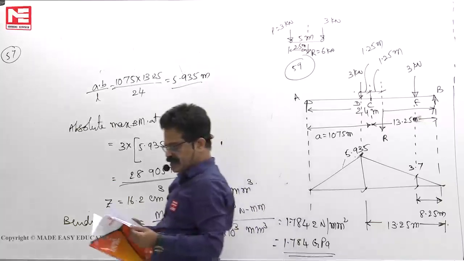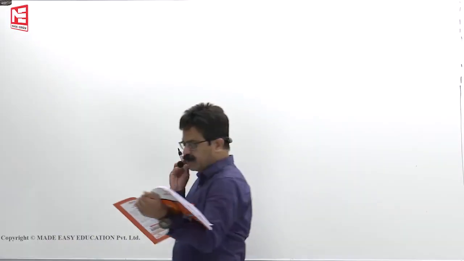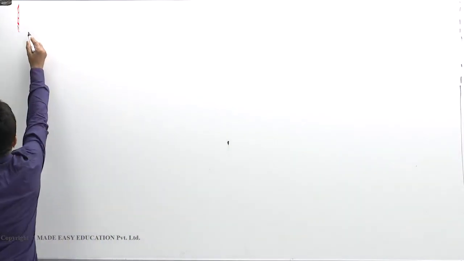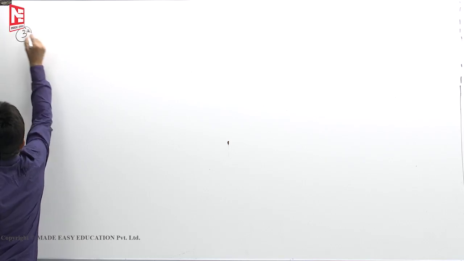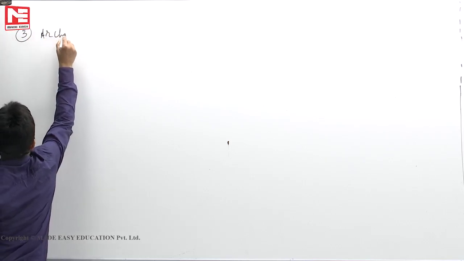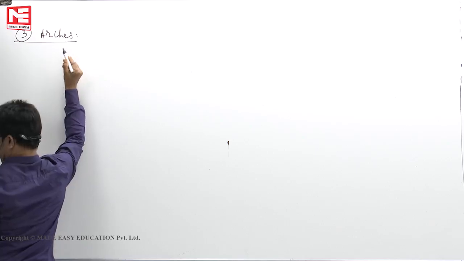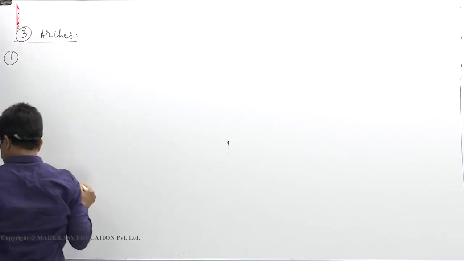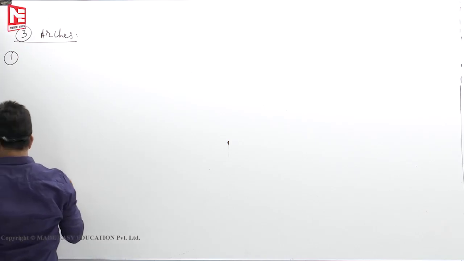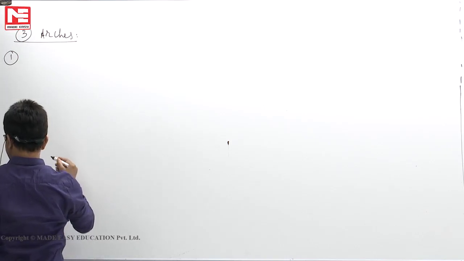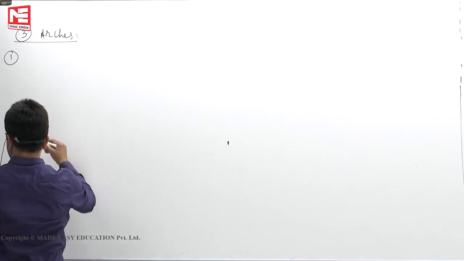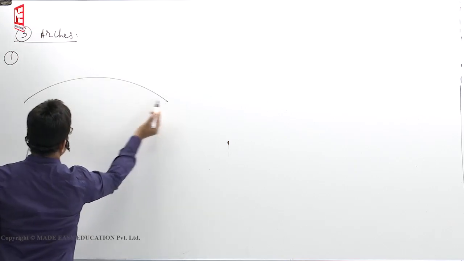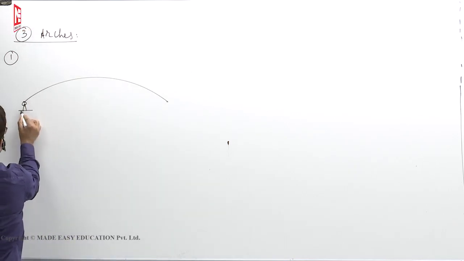Okay, now let us see the arches. Now we'll see the third chapter, arches. In that first question, a uniformly distributed load of 2 kilonewtons per meter covers left half of span of a 3-hinged parabolic arch. We have a 3-hinged parabolic arch